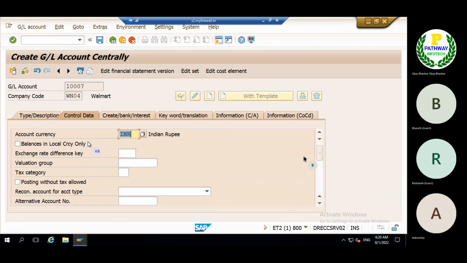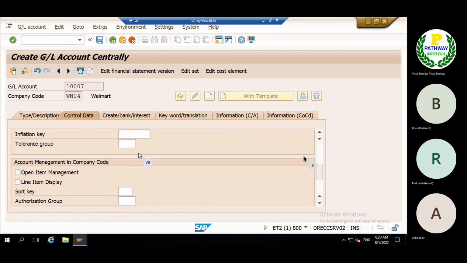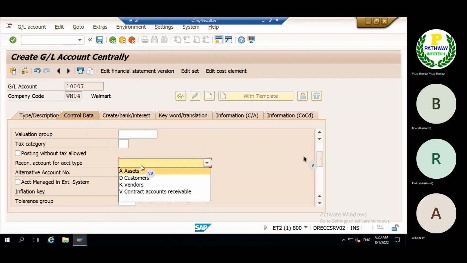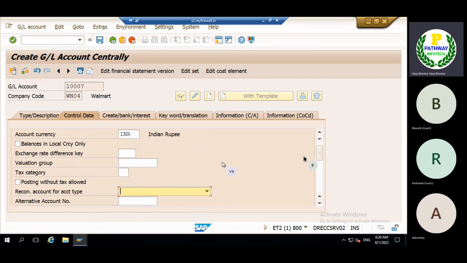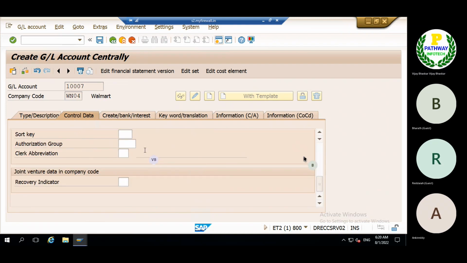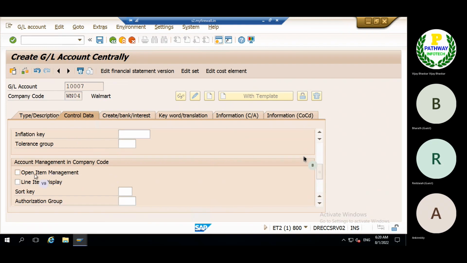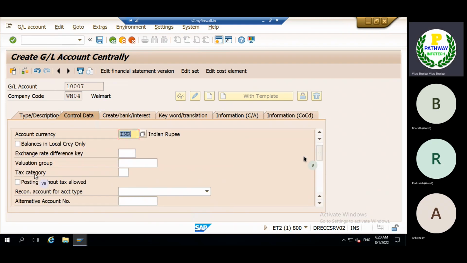Control data. And this one. Open item management.